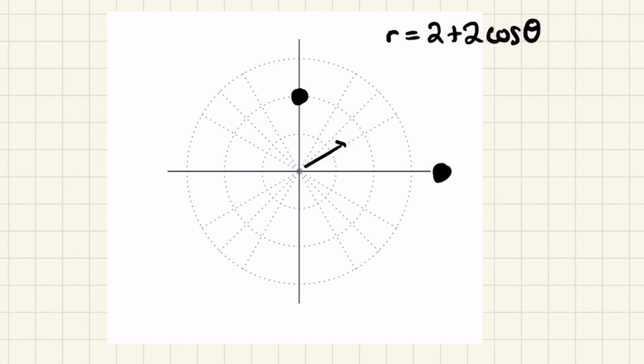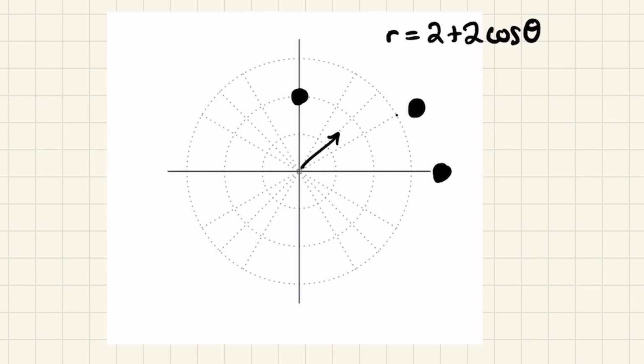So let's plug in pi over 6. Okay, cosine of pi over 6 is root 3 over 2. So our r value here is going to be 2 plus root 3. Okay. So remember, root 3 is about 1.7. So this is going to come out to about 3.7. So there's 3 right here, and 3.7 is about there. Okay, now we'll